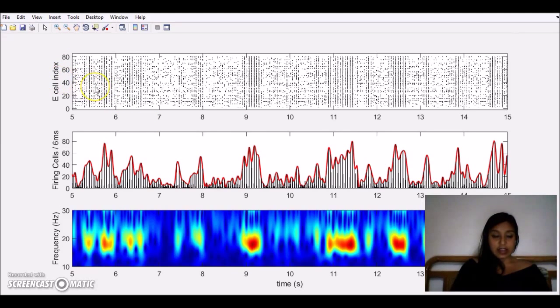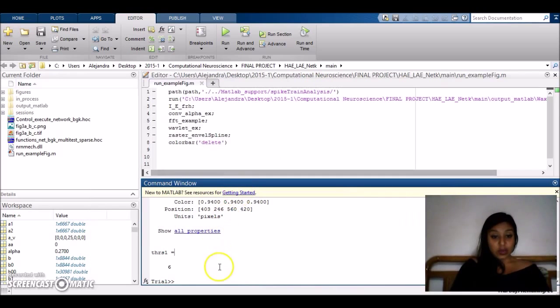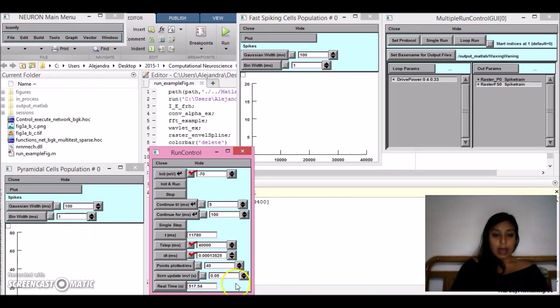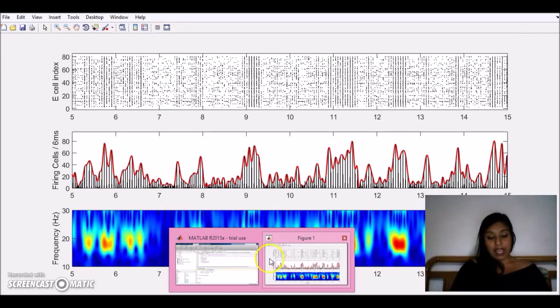We have the index, the excitatory cell index. We have the firing frequencies, and the peaks are very clear. And we have the frequency in warm colors right here, exactly in the same way the paper displays them. As to the model, well, the model that we initiated is still actually running, but the results are presumably the same. We are looking at almost 12,000 milliseconds. So the simulation will go on for a little longer, but the results of the simulation can easily be shown in the